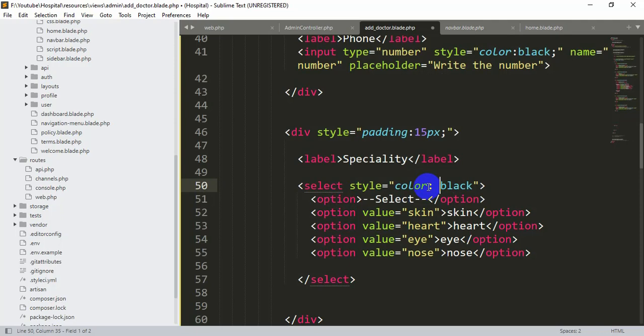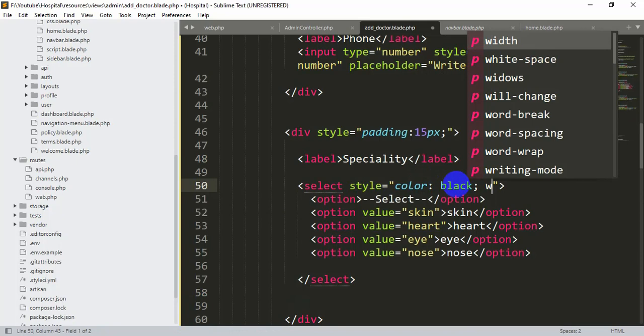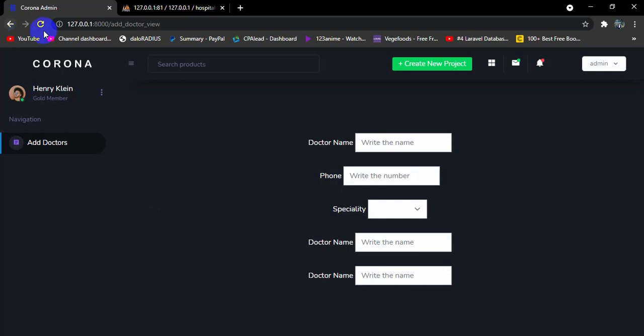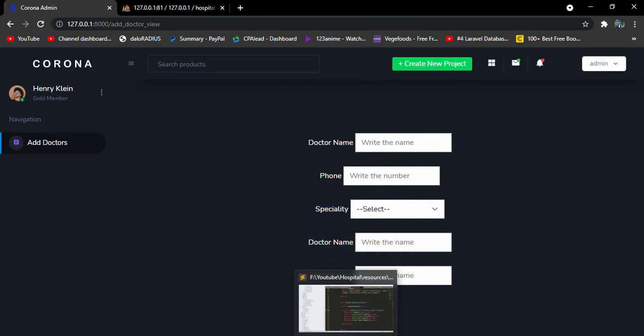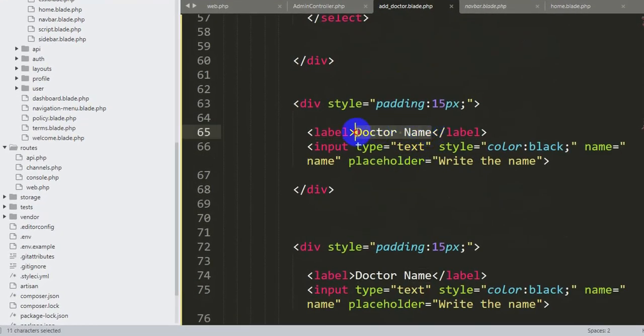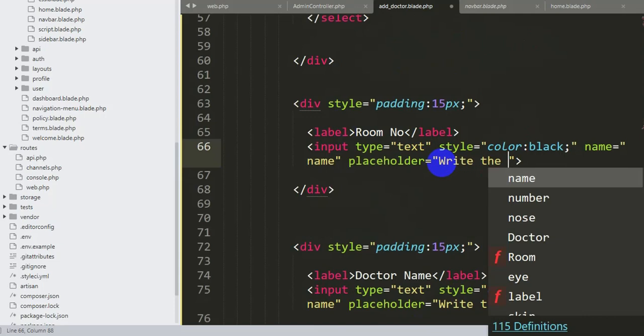So save it, and let's also mention a width over here. Let's say width will be 200 px. Save it now and let's refresh. Okay, the width is now almost the same. So after specialty we'll have the doctor room number. So we'll say doctor room number, and here the type will be text, that's fine, and in the placeholder we'll just say write the room number,